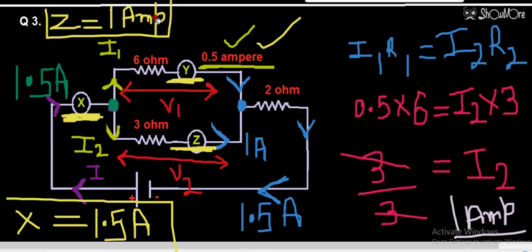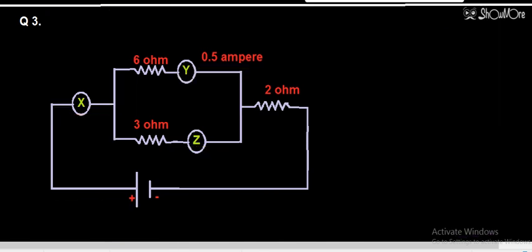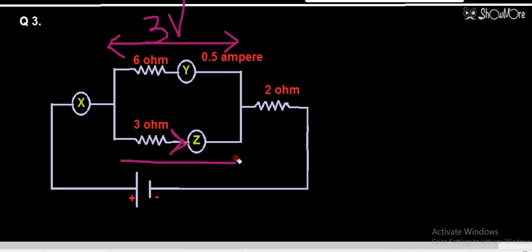So now I am raising the board. Okay, we have seen 3 volt is dropping here: 3 volt, 6 into 0.5, that is 3 volt. We have calculated it. And obviously 1 ampere current is flowing through this portion, so 3 volt will obviously drop here. So students, whenever two resistances are connected in parallel, the same voltage will drop across them. So if we have calculated the voltage drop in the above one, then the below one will also be the same.